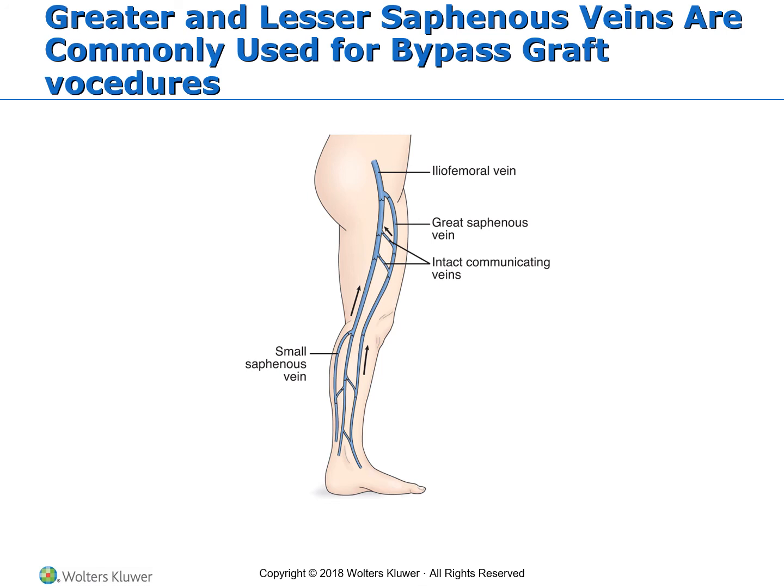As far as where they get the vein from, they generally will go in and get the greater and lesser saphenous vein to do the bypass graft. So if you look at the picture, I lost my dot. There it is. Here's the greater vein. And the lesser, the small, is down at the calf. Okay. So they will take that,